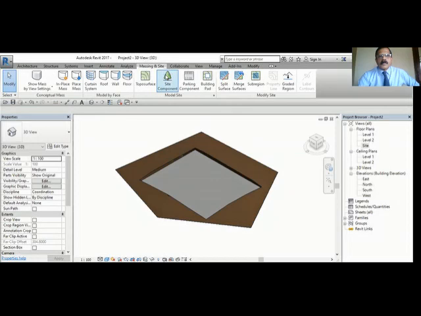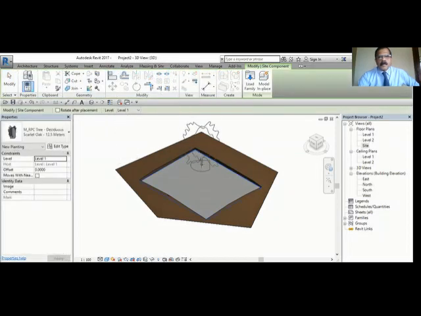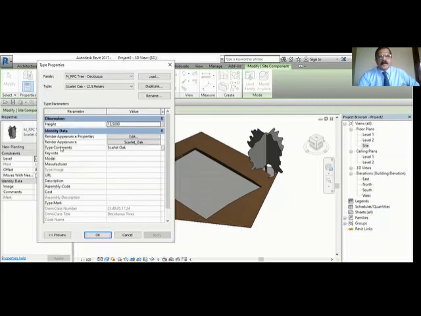Now we'll try to bring one tree. See here, the tree is coming. This is a tree, 12.5 meter. I'll put one tree somewhere here. Okay, and I will go to edit type. I'll select duplicate. I'll put another tree, and you can select the trees from here.